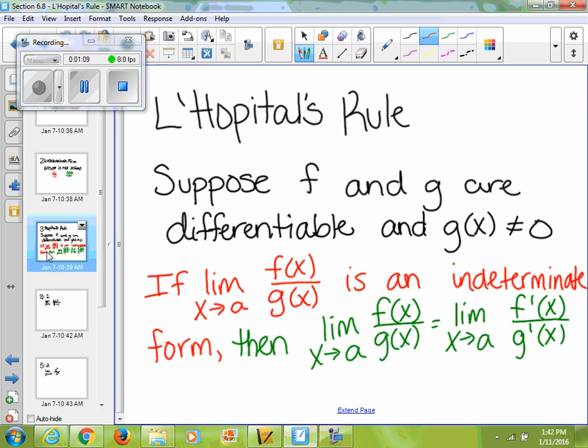Okay, and so indeterminate form is found when finding a limit, and L'Hopital's rule is used in order to be able to continue to evaluate that limit even after the indeterminate form is found. So